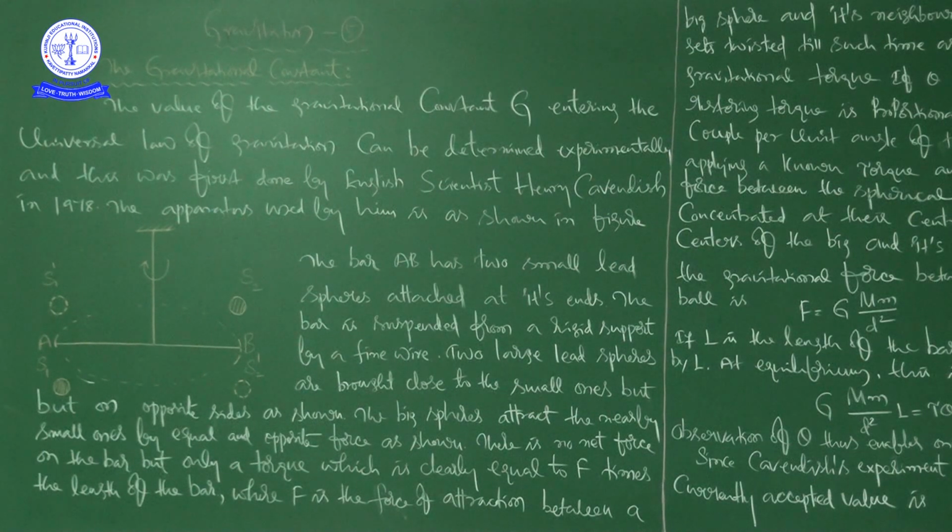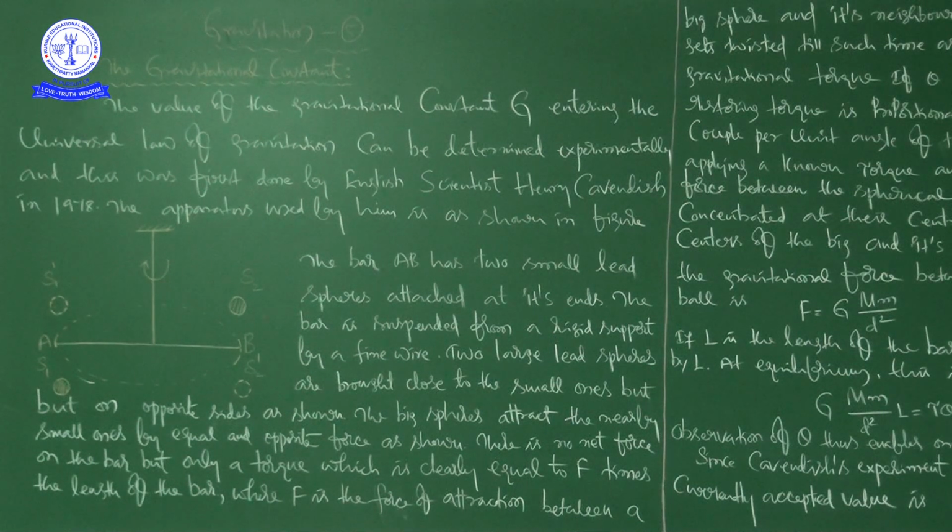For example, a water bottle. When you are going to open the water bottle cap to drink some water, you apply two forces, but these two forces constitute a couple. Couple means two. Finally these two forces exert a certain amount of torque on the cap, that is tau = r bar cross F bar. That's why he is saying there is no net force on the bar, but only a torque.